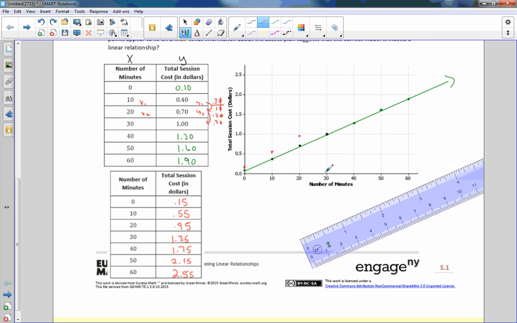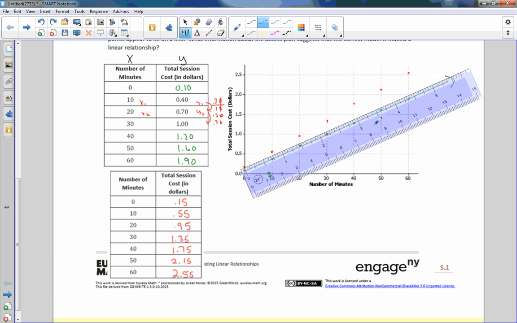And 30 is $1.35. Here's 1.25 and maybe a little bit more. And 40 is $1.75, which is halfway between 1.50 and 2. And 2.15 at 50, I go up 2 dollars and 15 cents, might be about here. And then finally 60 and $2.55 is about there. So if I bring my ruler over here and line it up,